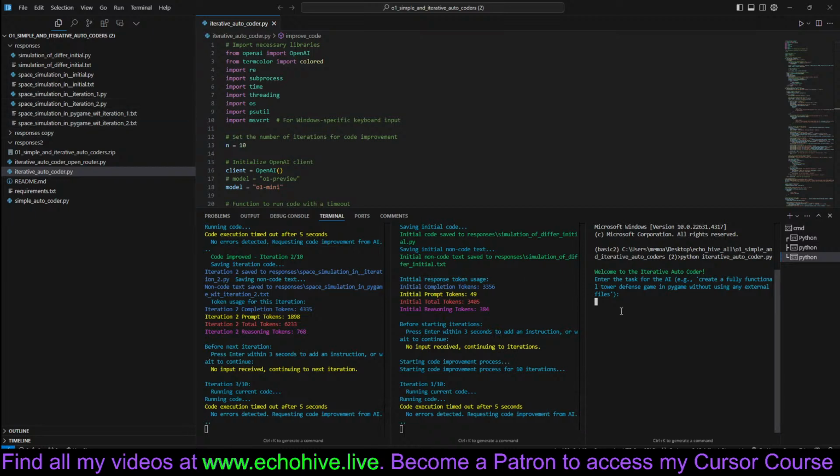Let's give it a third task. Let's say a 3D robot walking simulation. Let's say simulation in Pygame using no external assets, please. Let's start that. Let me start another cursor